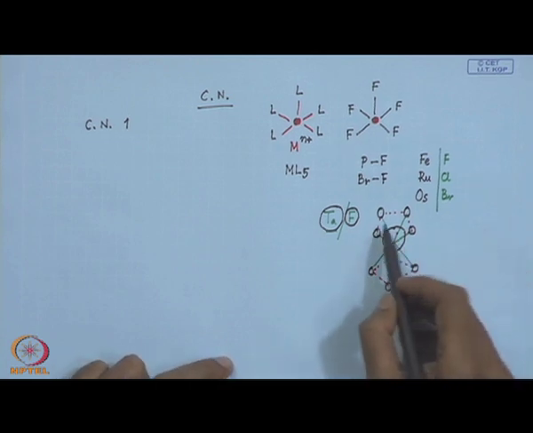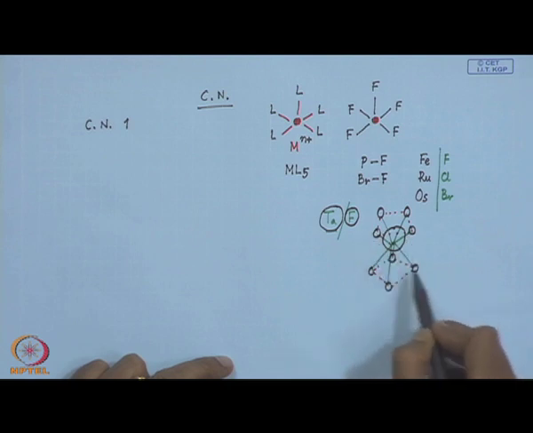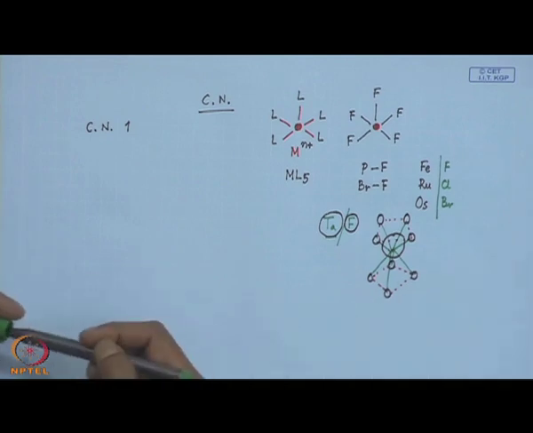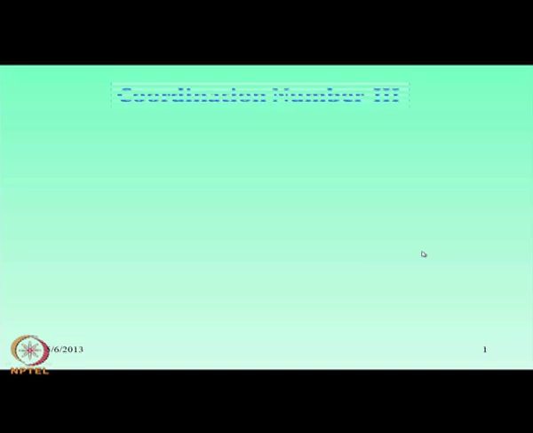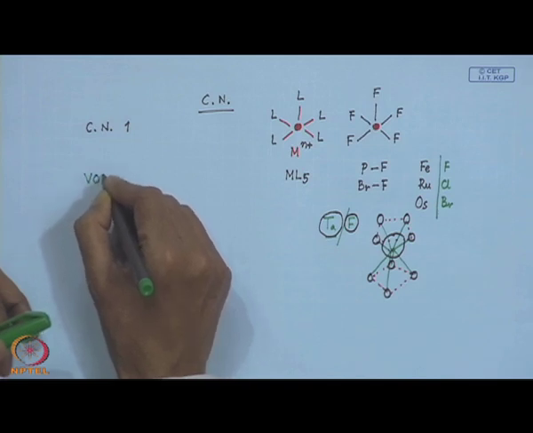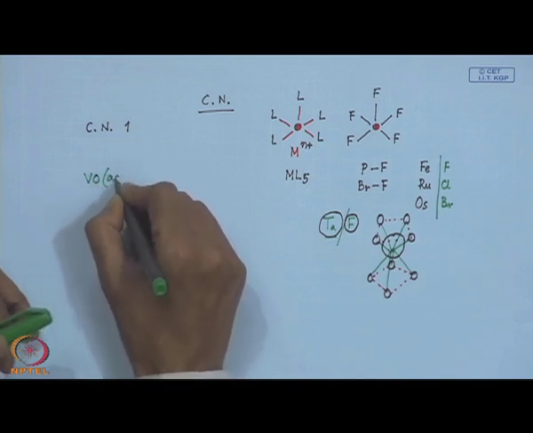So we can have a coordination number of 1, 2, 3, 4, 5, 6, 7, 8. In this way we can go from one level to the other and find how they are involved in the coordination numbers of different elements. In this third part of this class, we are considering the different types of coordination numbers, and one example we have started discussing is vanadyl acetylacetonate,